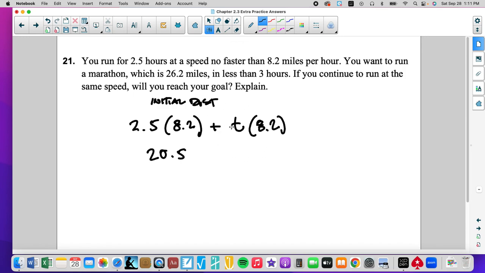Yeah, this is not good. So notice I just took a swing. This is remaining, but my t has to be less than 3 hours. So I ran for 2.5, and unless you want to run the marathon, which is in less than 3 hours, that's really fast, a 3-hour marathon. I've already run 2.5, so I've run the 20. All right, so technically my time needs to be less than or equal to 0.5, and then